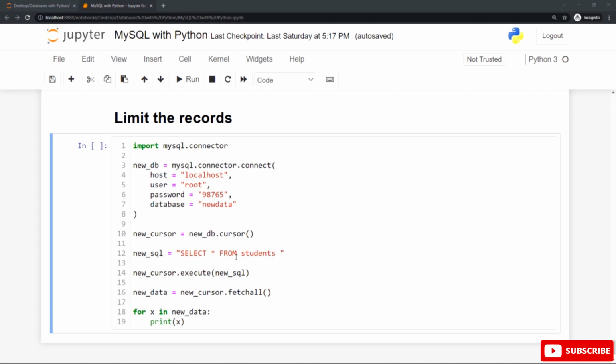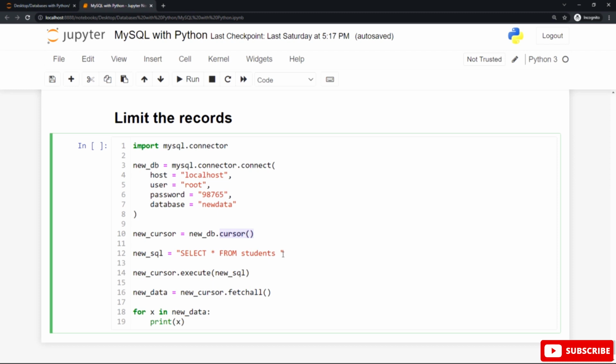You can see this example to select all the data from the students table by using the select statement. First of all, import the MySQL.connector module in Python and create this connection: the host name, the username, the password, and the database name, all these arguments inside the round braces of the connect method, and use the cursor statement to execute the MySQL statements and operations.